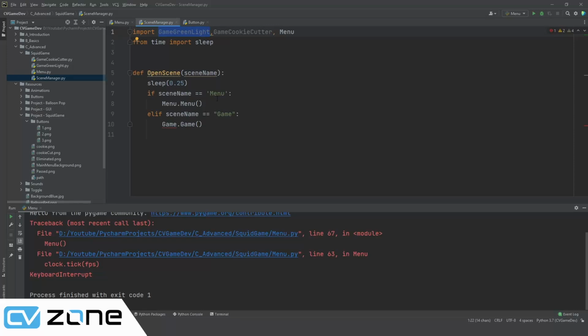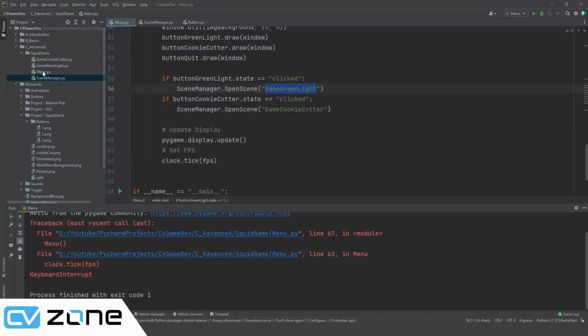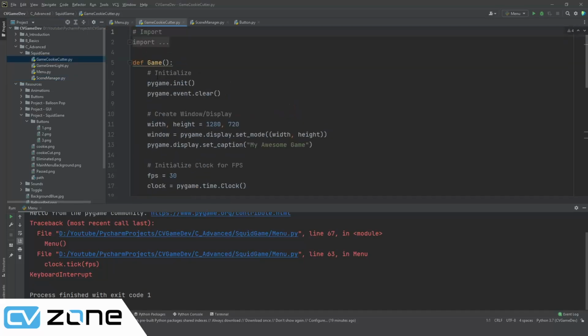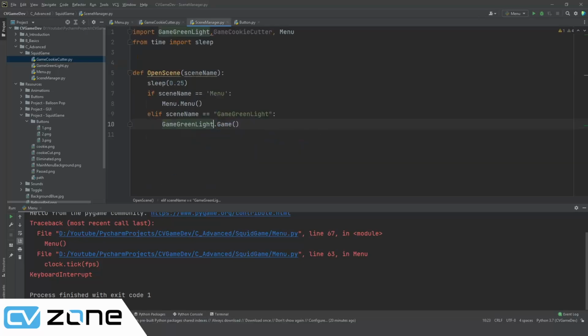And then we are going to say, if it is menu, open menu. If it is game green light, then open game green light.game. So if you remember, in each game, if you open up any game, it has a function called game. So it is going to run that. So again, in our scene manager, if it's game green light, then game green light.game. Otherwise, it will be